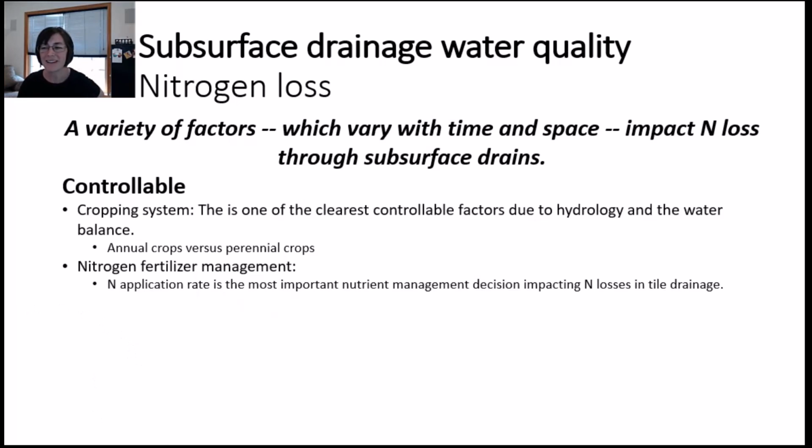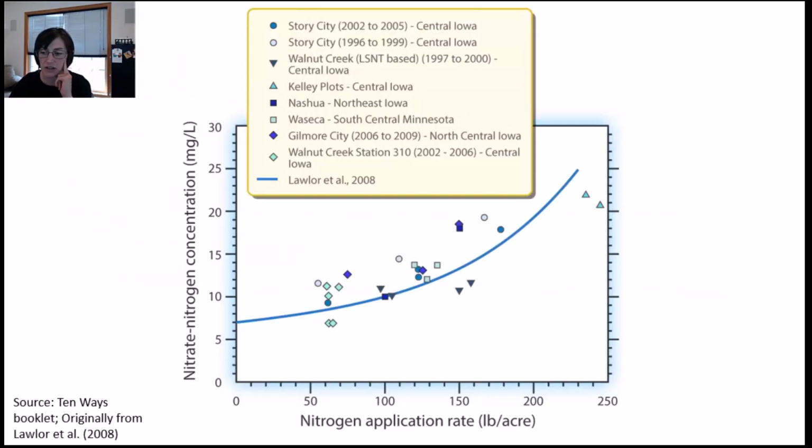I promised we would talk a little bit about N fertilizer management, and the big two components when we're talking about N loss through tile drains for this factor are rate and timing. N application rate is the most important nutrient management decision impacting N loss in tile drains. This is just a management factor that provides a clear signal. Like I said,